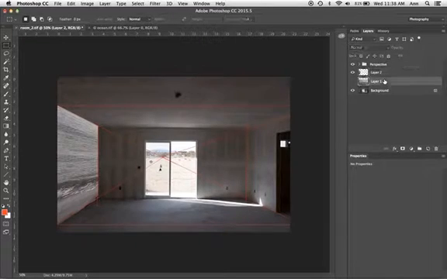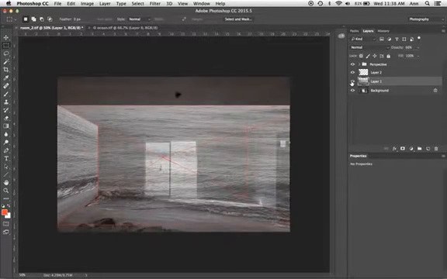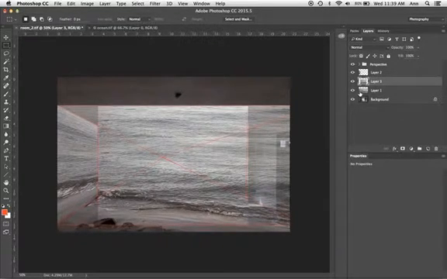Now I'm going back to the original, make it visible, using the Marquee tool. Now if I start to drag where I don't want to, before I let go of the mouse, I can just hold down the space bar and realign it to where I should be. It's better to have a little bit of overlap than a gap, and so I'm going to get my selection, copy and paste.